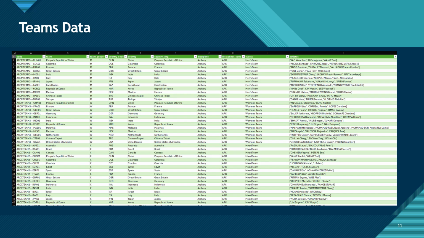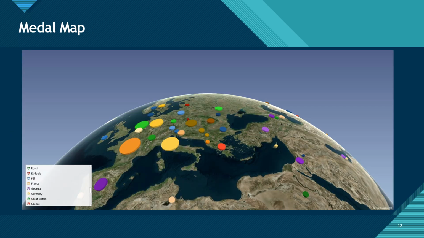Once again, we find that the data has been made available as a CSV file. When uploaded into Excel and transformed into a table, we can begin to have a wide range of data analytic techniques applied to the set. Here we are looking at another data set, this time medal count. After being uploaded into Excel, we have taken the medal count and applied it as a heat map across the world. The circles shown show a representation of the number of medals won by each country. On here, we can see that the host country of France won a substantial number of medals at the last